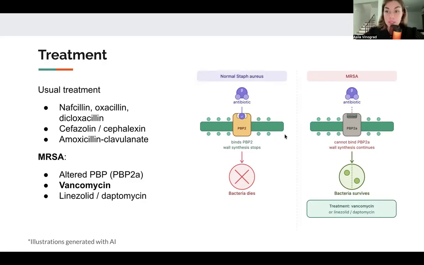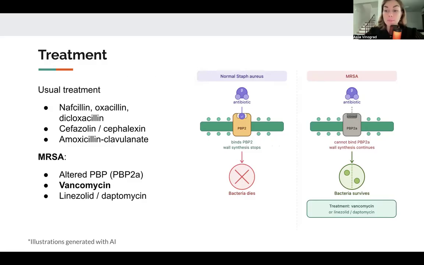Beta-lactams cannot bind to it, so the cell wall keeps building, the bacteria survives, and it's resistant to all beta-lactams. Every penicillin, every cephalosporin, carbapenems, monobactams, all of them fail. Treatment for MRSA,